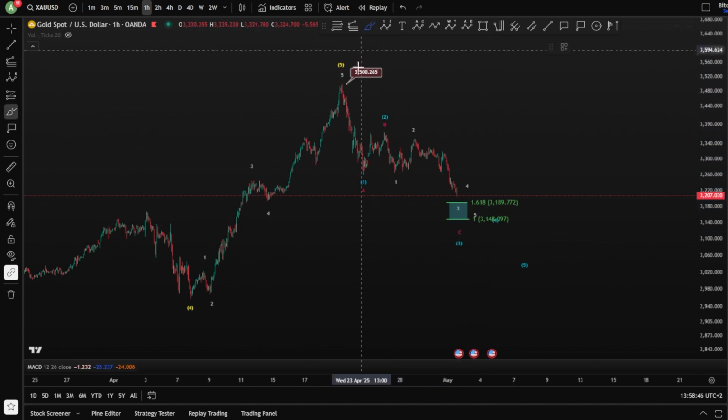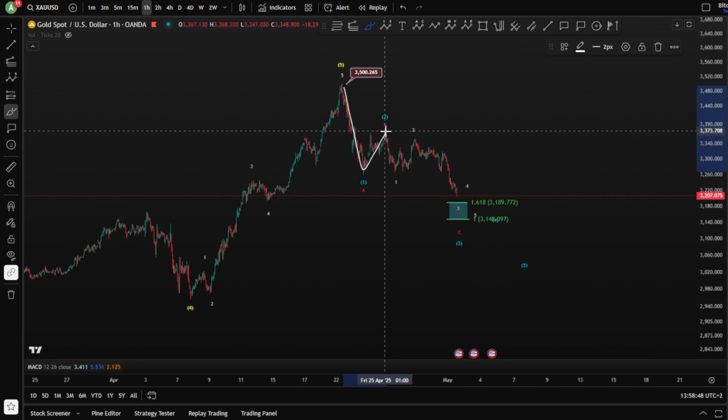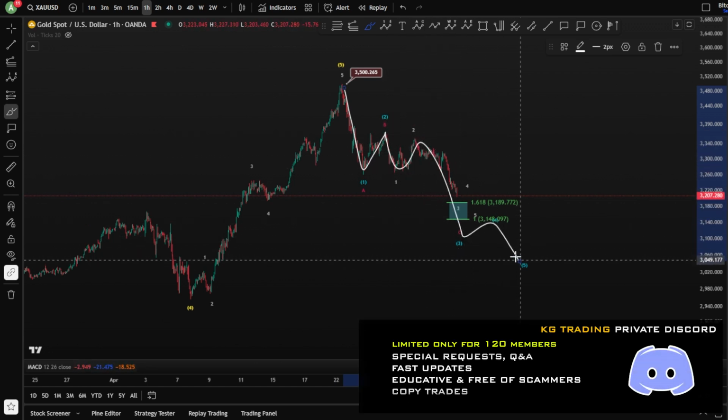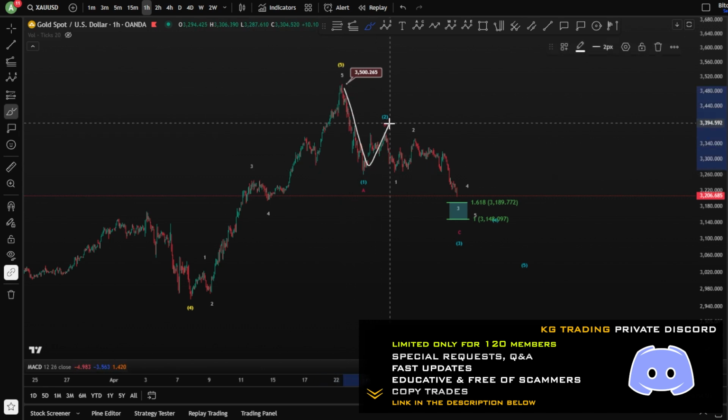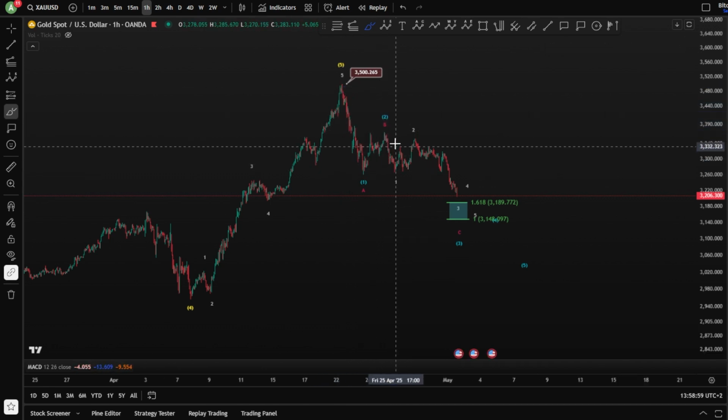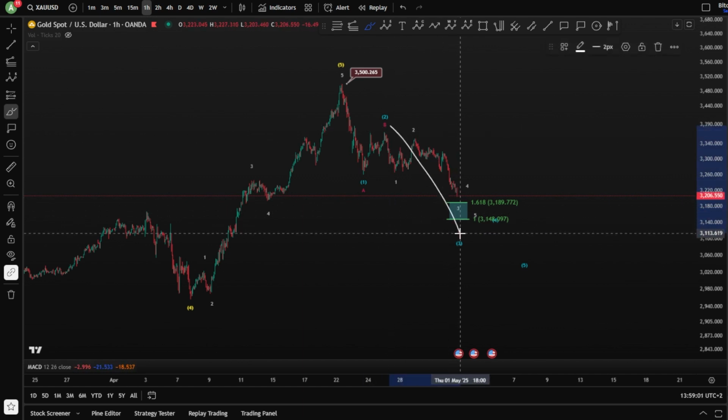Another scenario can be of course a wave 1, you have a wave 2, and you're looking at 1, 2, 3, 4 and a 5 toward the downside, which is your blue scenario. So we have two scenarios, whether the blue or the magenta, in a wave C or in a wave 3.